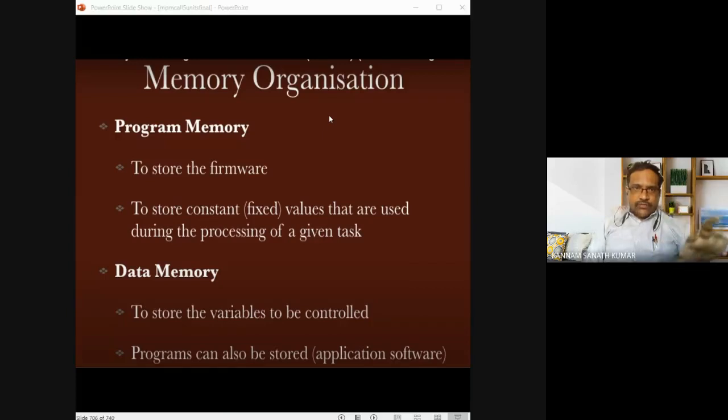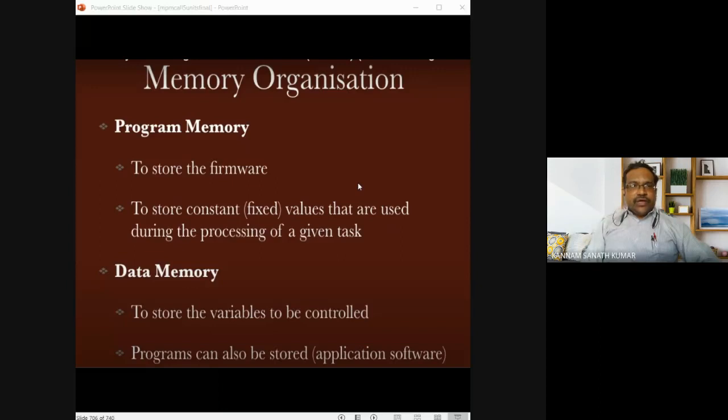In Harvard architecture, you have two separate memories: a separate program memory, which we call ROM, and a data memory, which we call RAM. A separate bus is available for program memory as well as data memory.